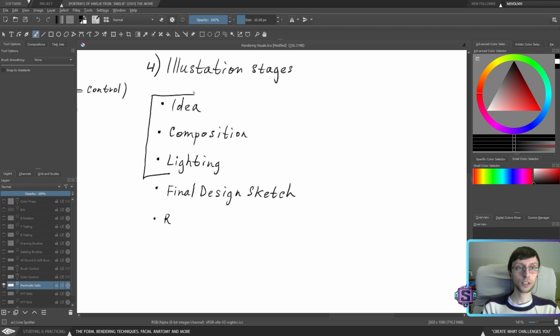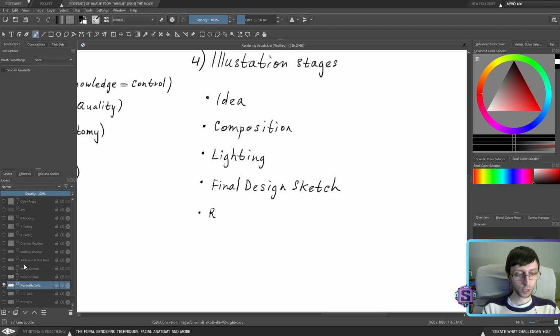If you're not going to work on these three stages properly and put everything that you know in here, this thing is going to look fake, unrealistic, unbelievable. It doesn't matter how skilled you are in rendering. I'm pretty bad at rendering, but hopefully I'm pretty good at idea, composition, and lighting, and it will help me utilize these elements better. This way, I might not create a super flashy artwork, but at least I will put depth in the work and create it the proper way, which is going to be believable, not necessarily pretty.